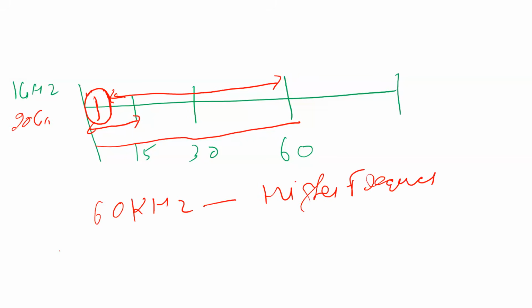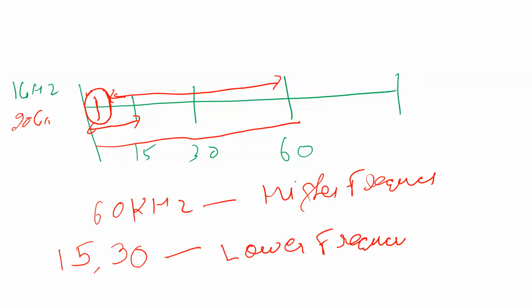So in case of 60 kilohertz or more, we can use higher frequencies. But if you have subcarrier spacing 15, 30, and so on, lower frequencies are more feasible, right? So guys, any question related to Doppler effect, please let me know. Then we can jump to the next topic.